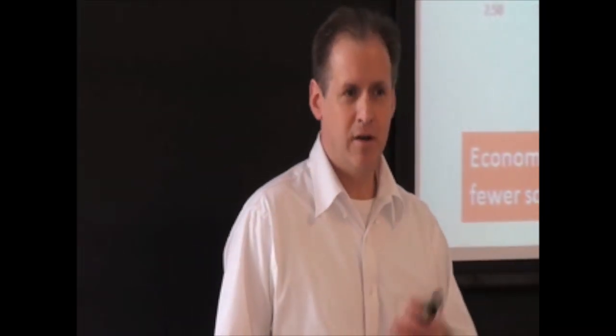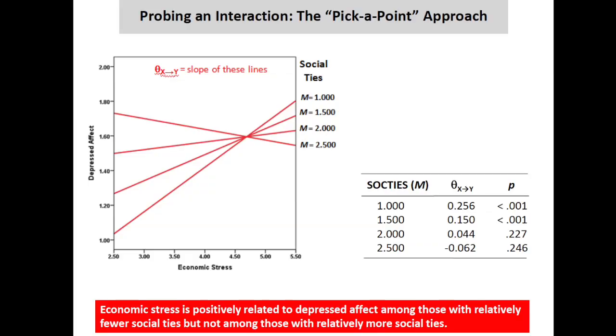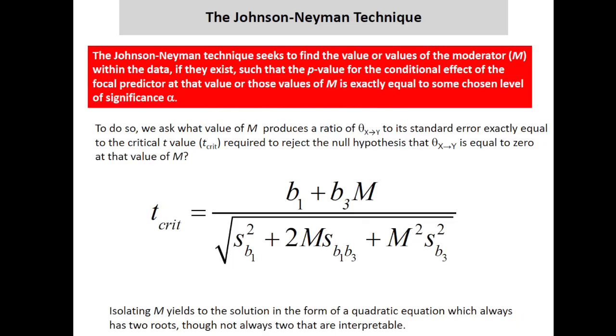But regardless, you're not going to be able to get around the arbitrariness of the selection most of the time. There might be some reasons, depending on the variable, how you've measured it, and what your moderator is, there might be some practical or applied meaning to certain values. But most likely, you're going to find yourself in a situation where the decision is arbitrary. There is a better method that gets us around this problem entirely.